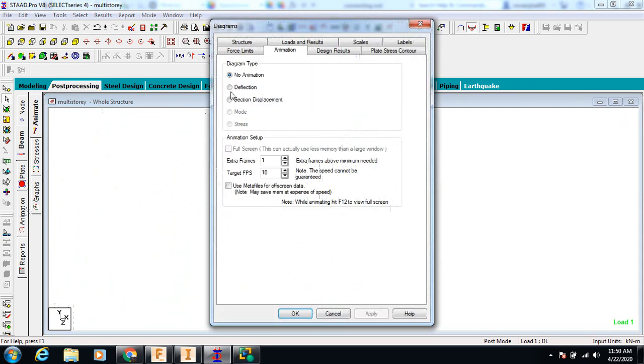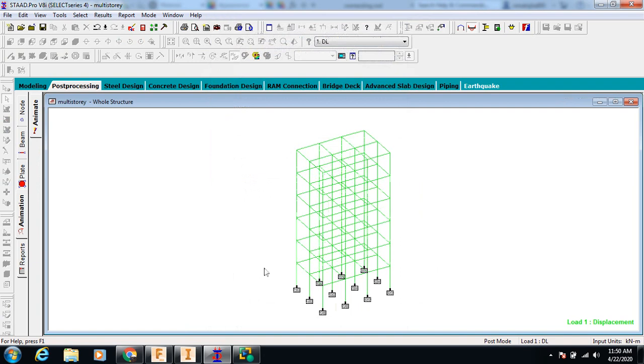And some animation if you want to see, we'll click on the deflection, apply and OK. And if you are looking very carefully, you can see there is a certain kind of vibration here in the building, basically at the corners here, joining points.